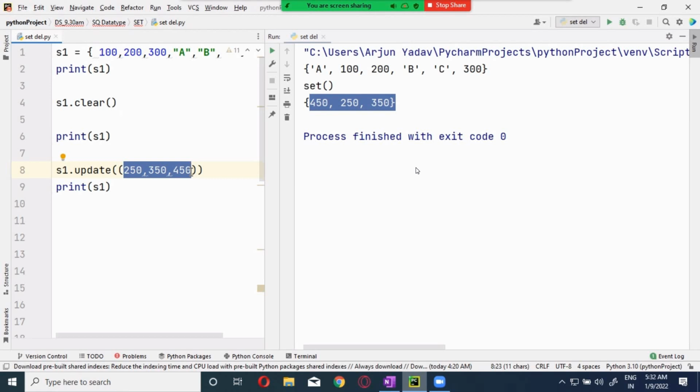But when I'm doing it with update, it takes each and every value from the tuple and puts it as an element of the set, just like extend in our list, right? The same as extend, it will be doing it. There are other activities also with this. Let's see this one, update. So update's major functionality is this one.